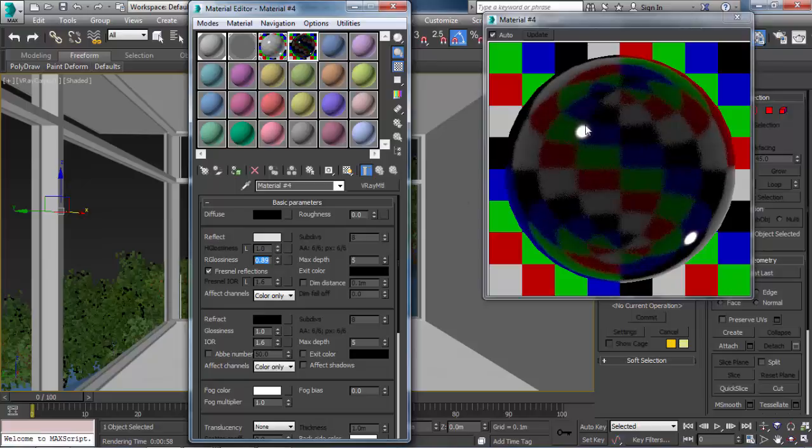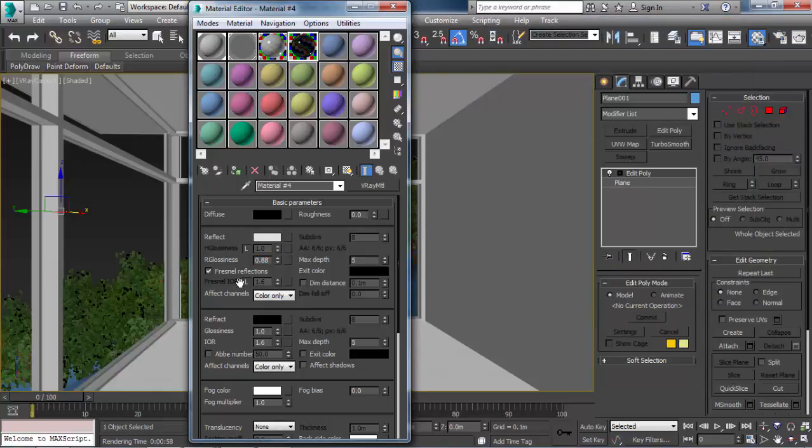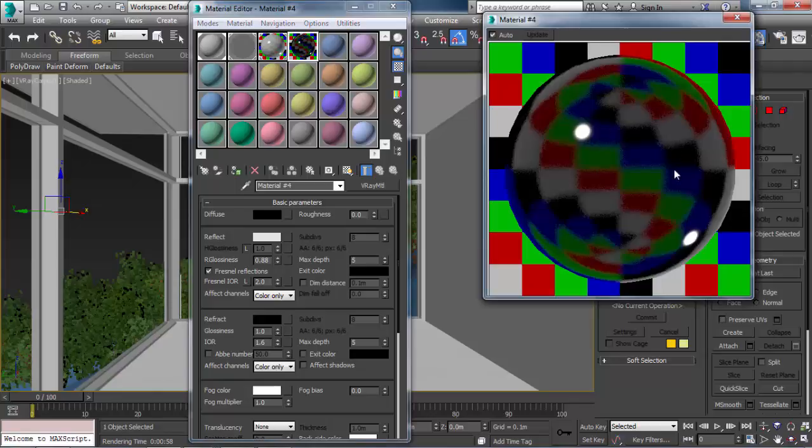Yeah, this looks pretty nice, I think. And we'll unlock the Fresnel IOR, that too, so it has more reflectivity.